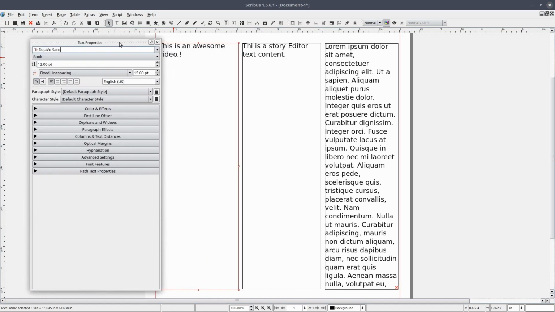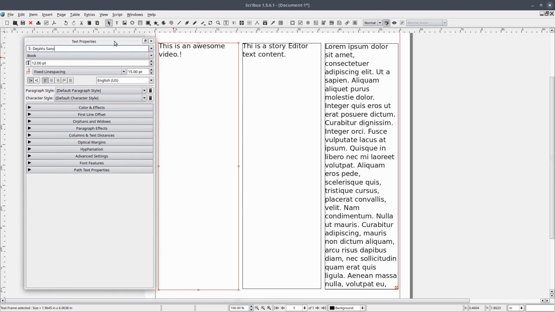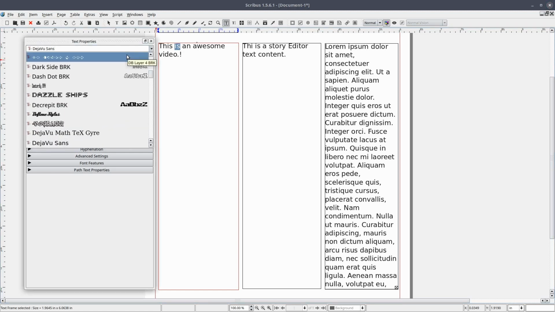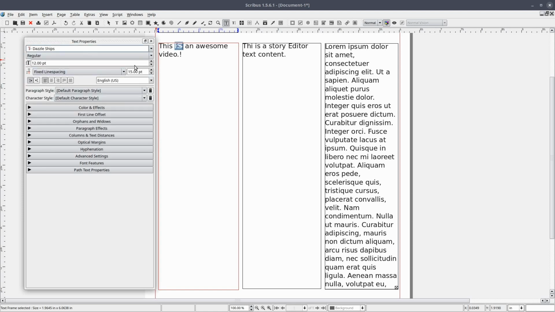An important note here, using the Content Properties window, you will need to use your computer mouse to select the text in the frame that you want to modify before changing any values. Otherwise, they will not be applied. So let's select some text in our text frame, and let's change the font a little bit.